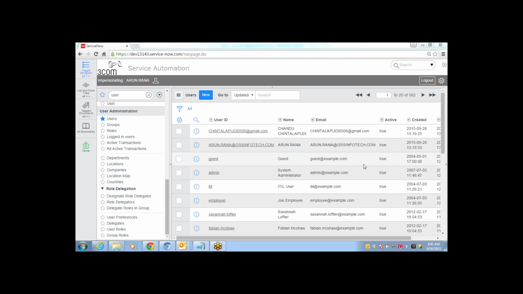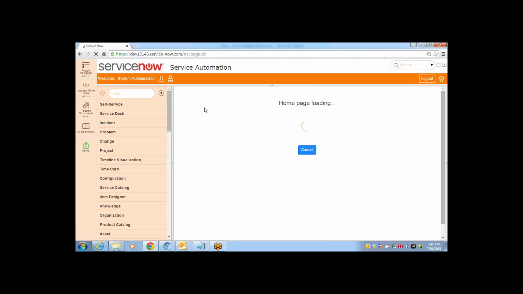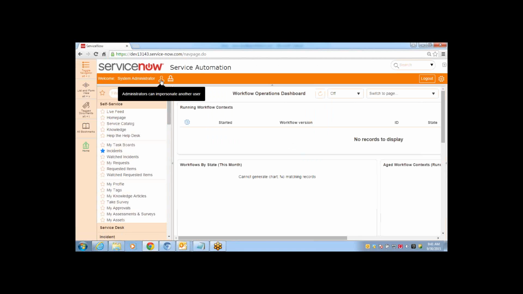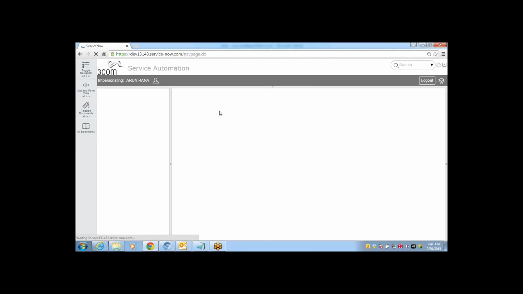Select his user record and click OK. You go back to the system administrator first. Then again click the human icon. Now type Arun space Rana. The filter will give you the name and click OK.